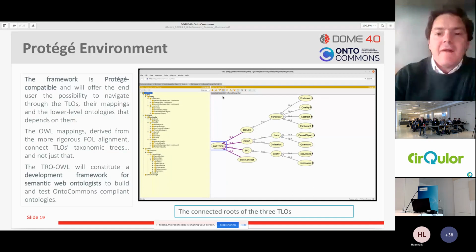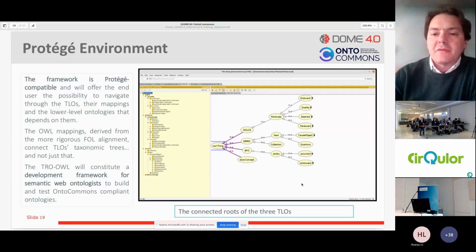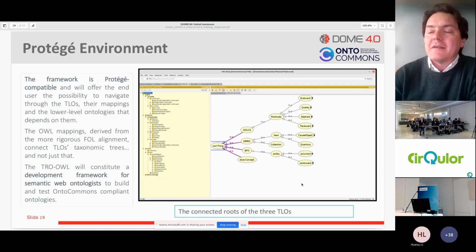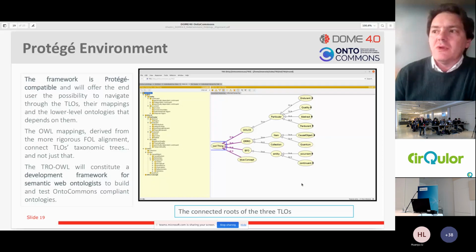So you're going to have an environment in which you can find the concepts that you may want to include in your data set. There is no point in asking people to enhance the data set without the people being able to navigate the ontologies that help them to enhance the data set.